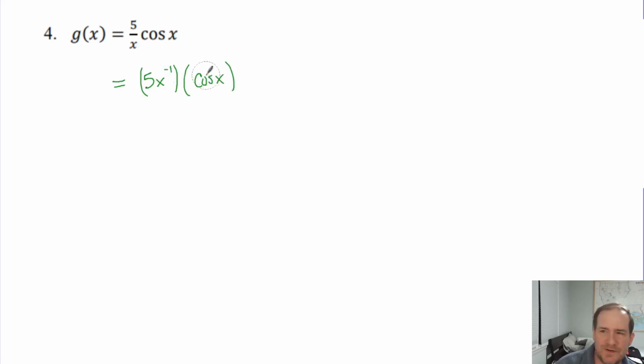But now you probably see more clearly what our two factors are. You've got this rational factor is now expressed as a power function, so we can more easily take the derivative of it. This still, by the way, is plain old g of x. You haven't differentiated yet, so don't say g prime. But the other thing you could have done here for sure, especially on the quiz, because the quiz will be more mixed up. You're not going to know which one is a quotient, which one's a product. So you might look at something like this, and you might choose to call it 5 cosine x just over